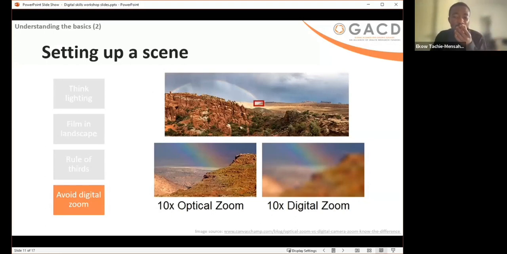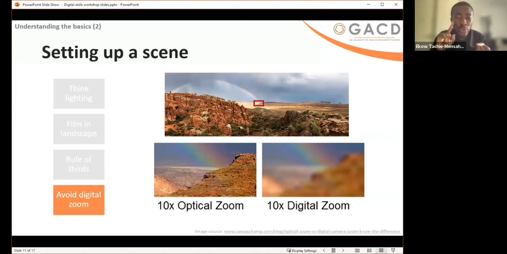Or let's say you're filming an infographic about heart health, don't use digital zoom. Instead, just move the camera closer to the subject and then take the shot, instead of taking the shot and then trying to make it enlarged, which can also make the video or the picture very blurry.